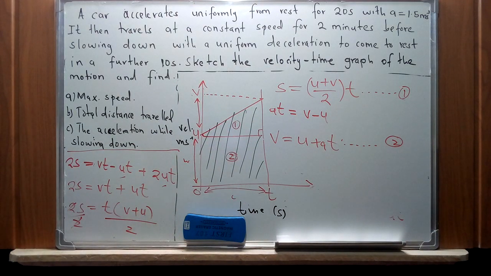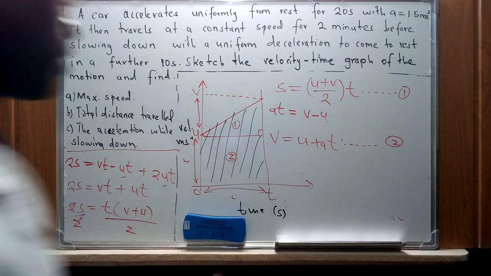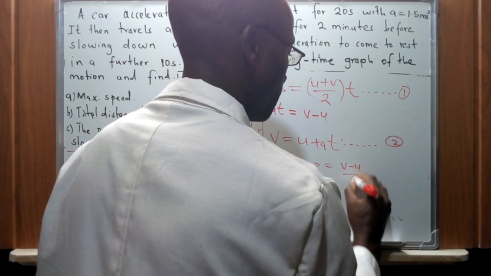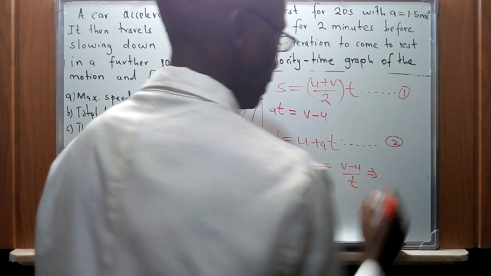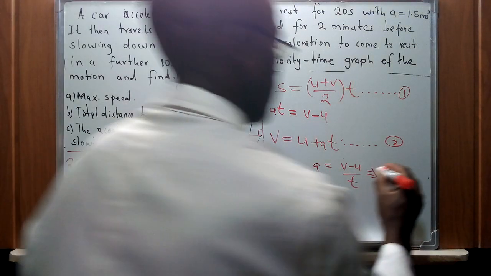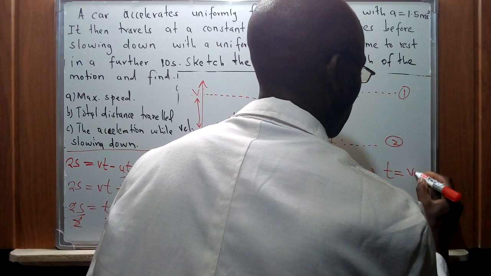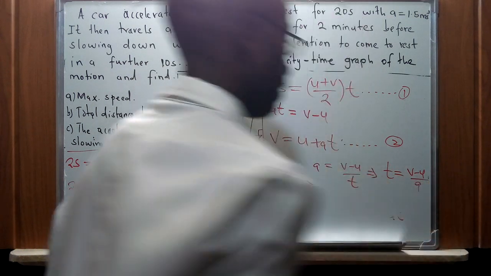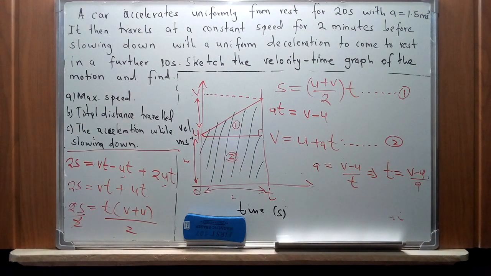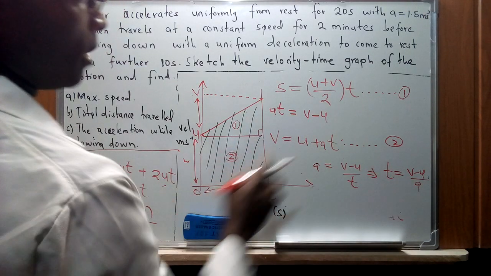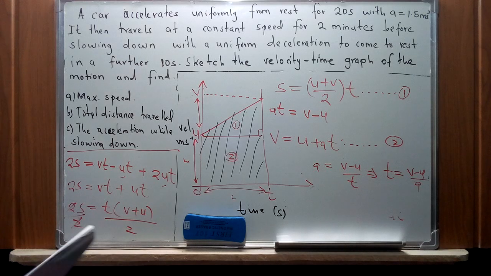So in that case, of course, we have just derived 2 equations from the velocity time graph that I've indicated. And we said that if acceleration is given as change in velocity over time, then we can make t the subject of the formula by doing a rearrangement, where t will be equivalent to final velocity minus initial over acceleration. So when we have this first equation here, we can just do a substitution for t